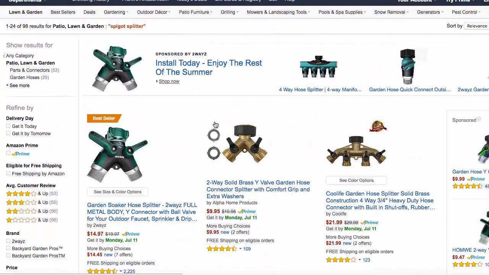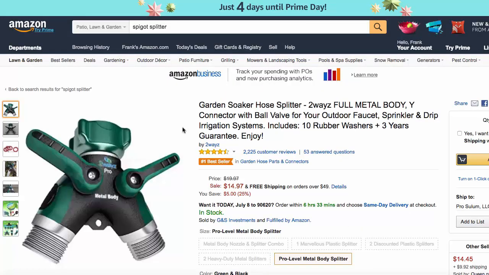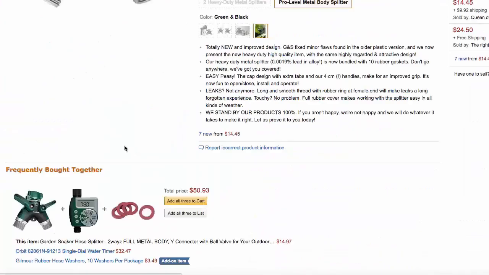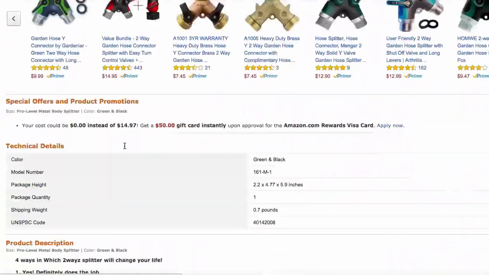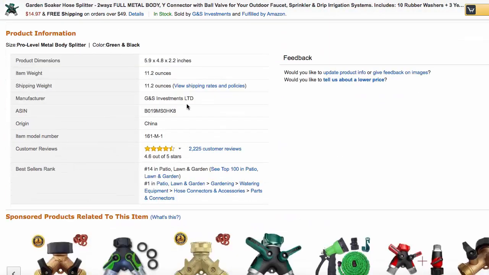So what could we do with that? We could optimize our listing to at least have in our description or maybe in our title spigot splitter. In fact, if we wanted to go even further with this, we can take this competitor's listing and see other keywords that their customers are searching for to find this particular listing. So if we go